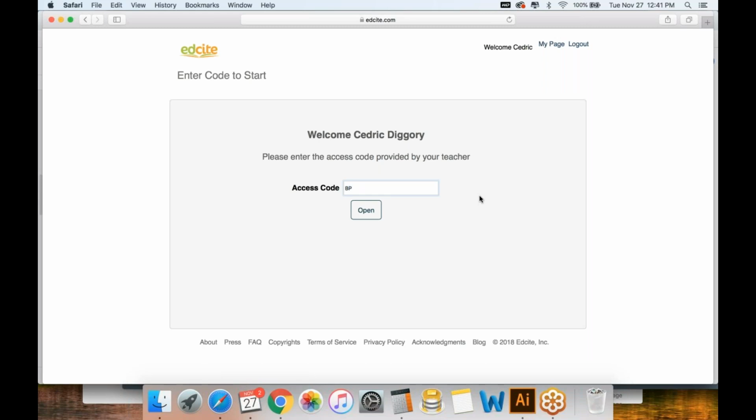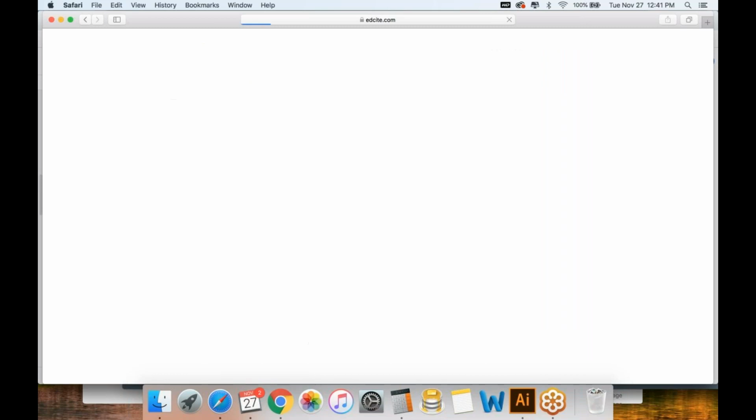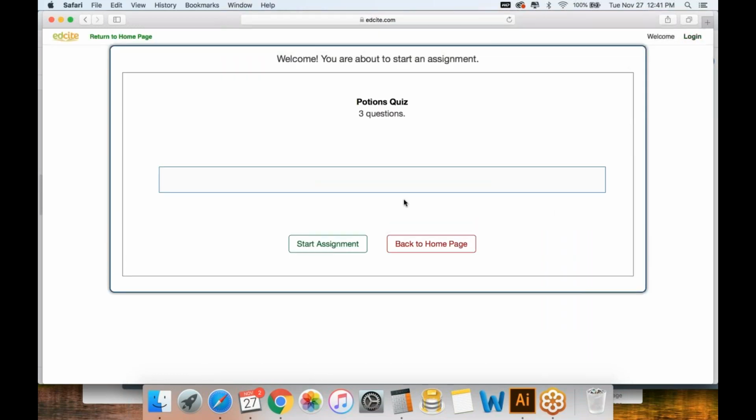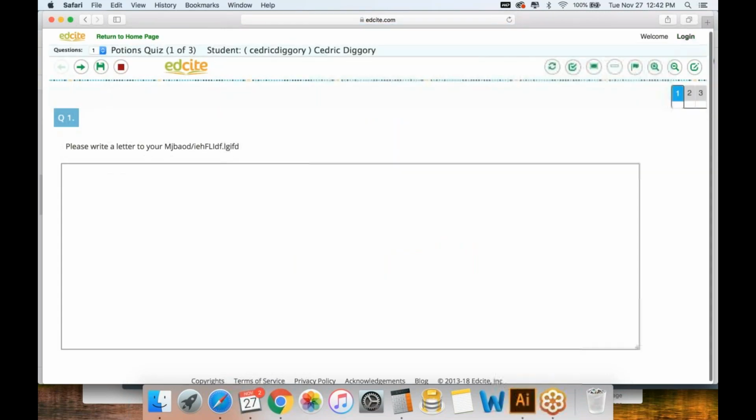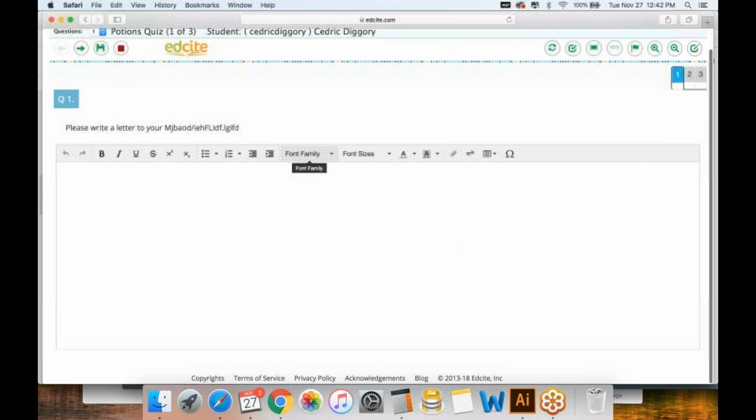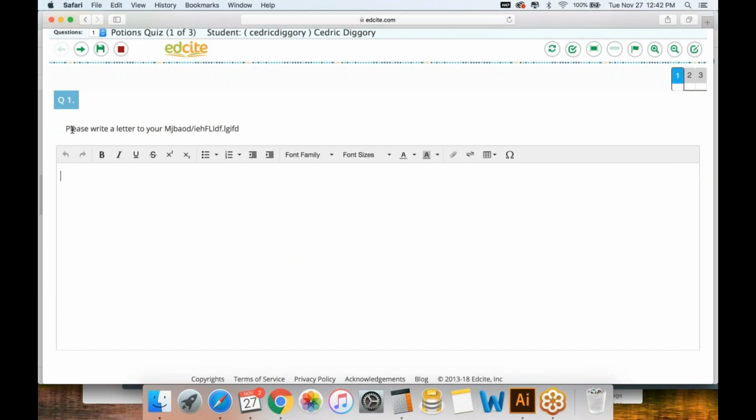So if I go in here, and let's say my test code is BLHTA, opening assessment, you're going to notice, so this is a potions quiz, of course, because this is a Hogwarts school. You're going to see that look and feel is very similar to what students, well, this is what it looks like on the end of your state test. So I press start assignment, and this was clearly my quick demo. But what's nice is that this gives you an example that even the tools in terms of text to speech align with that AIR test.